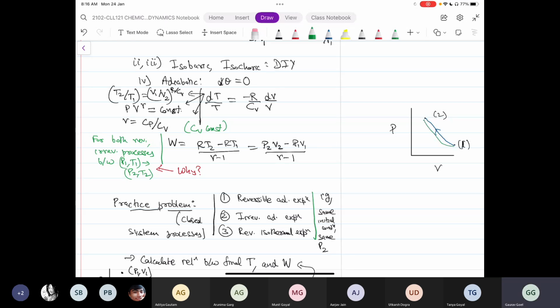One, some arbitrary irreversible path. Okay, so let's say green is irreversible. Here I'm not. Anyways,